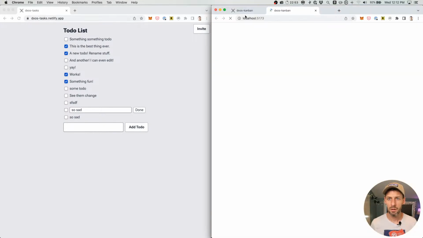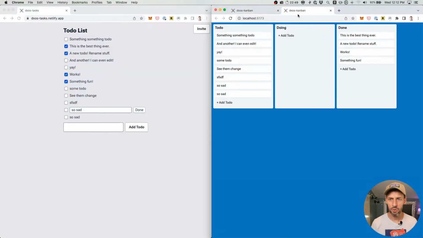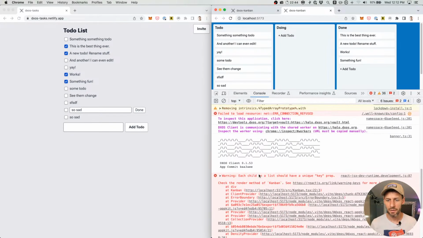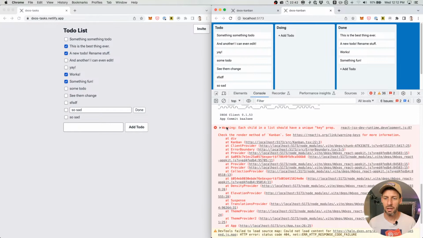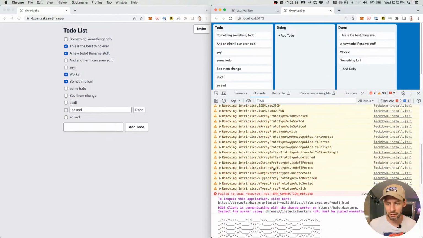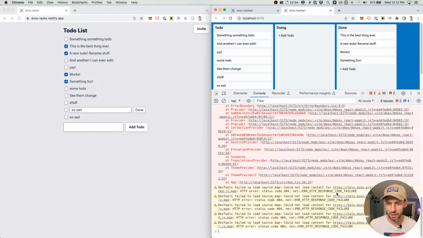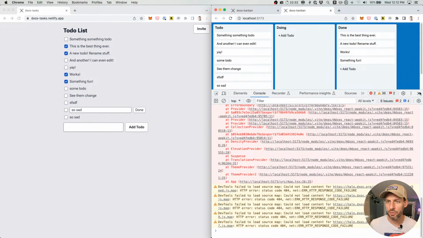Boom. All right, here's Kanban working on localhost. Now you'll notice, yeah, this is my error that we're going to fix today. Each child in a list should have a unique key prop. That's my bug with the way I'm using React. I'm not seeing any other bugs here other than this well-known DX config, so that looks good to me. You'll also notice that,